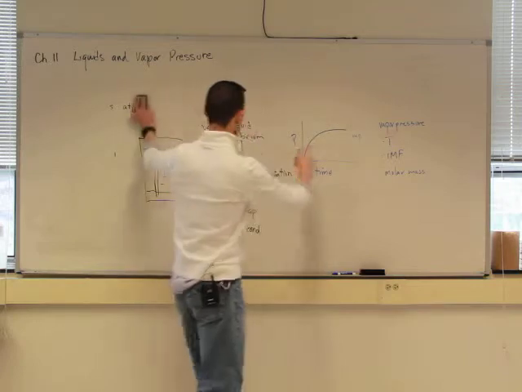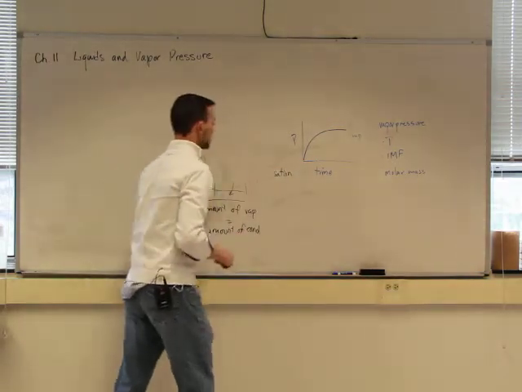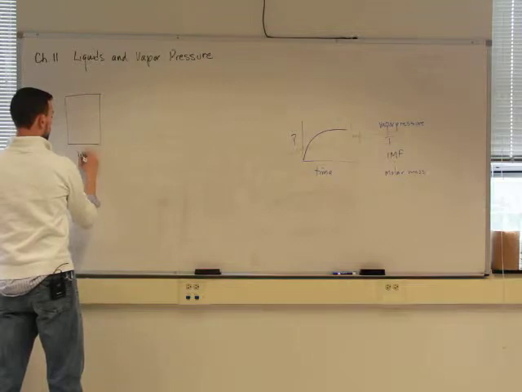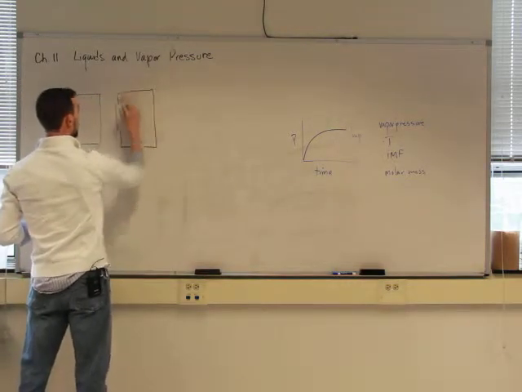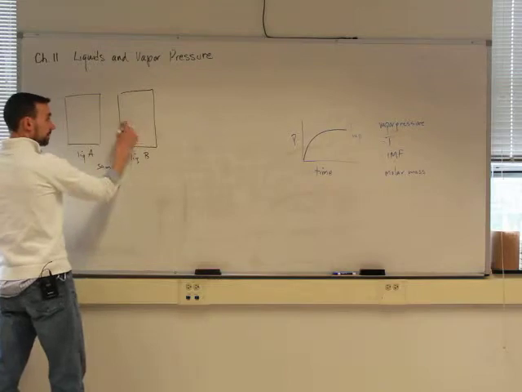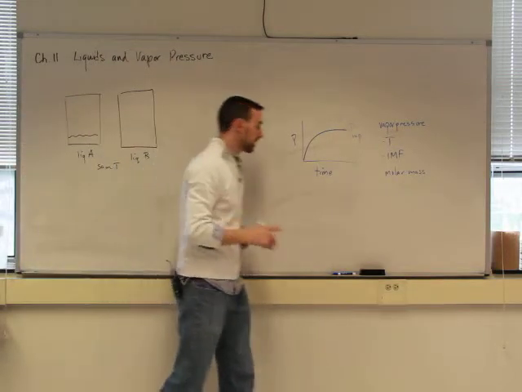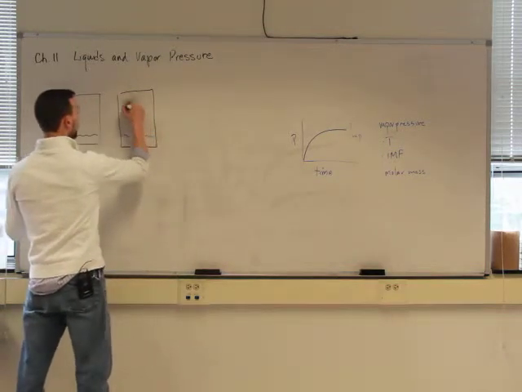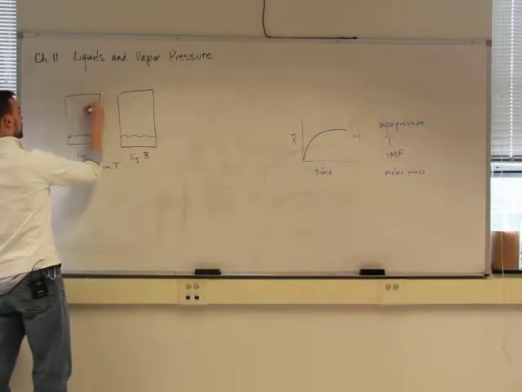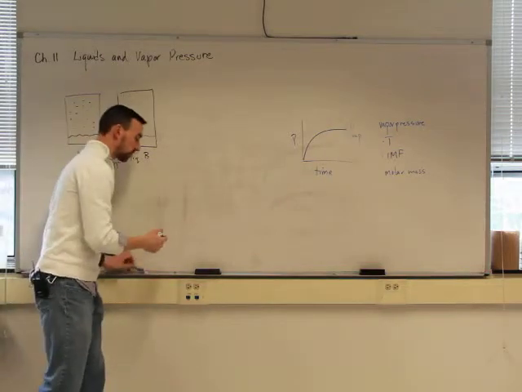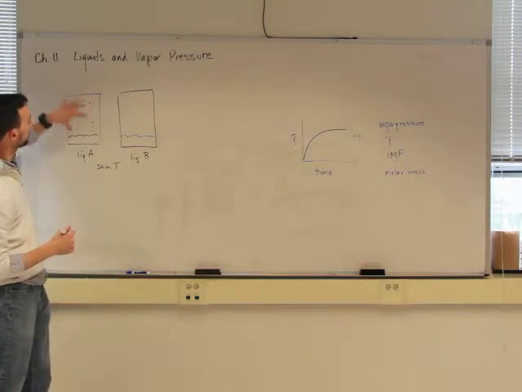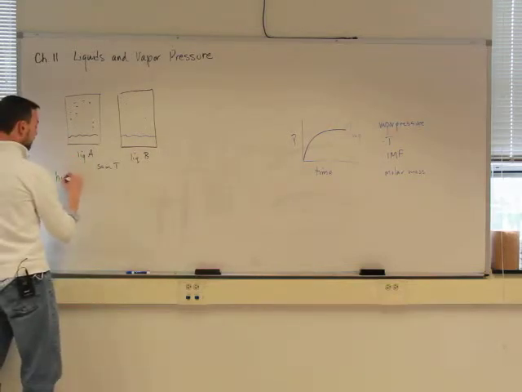So what I'm getting at is that two different substances placed side by side in containers, liquid A and liquid B, could be at the same temperature, same size container, but they will generate different amounts of pressure up above their liquid, based on what we've talked about earlier in this chapter, the type of intermolecular force of attraction. Here I've tried to draw a lot more particles of A in the gas phase. So we have a higher vapor pressure